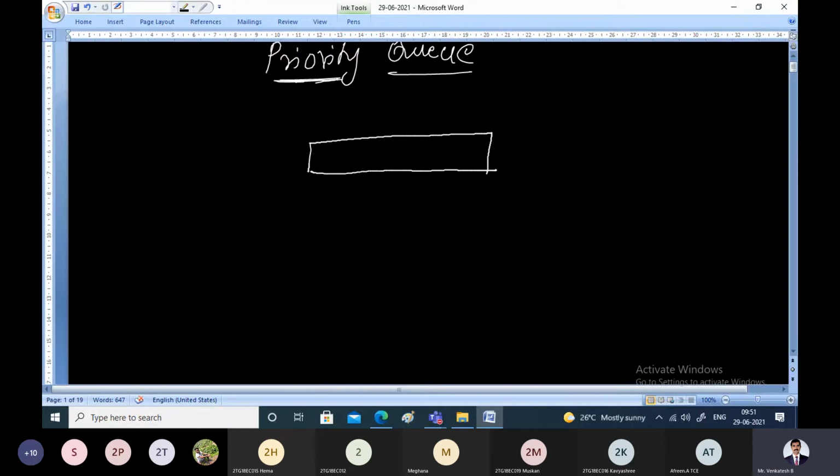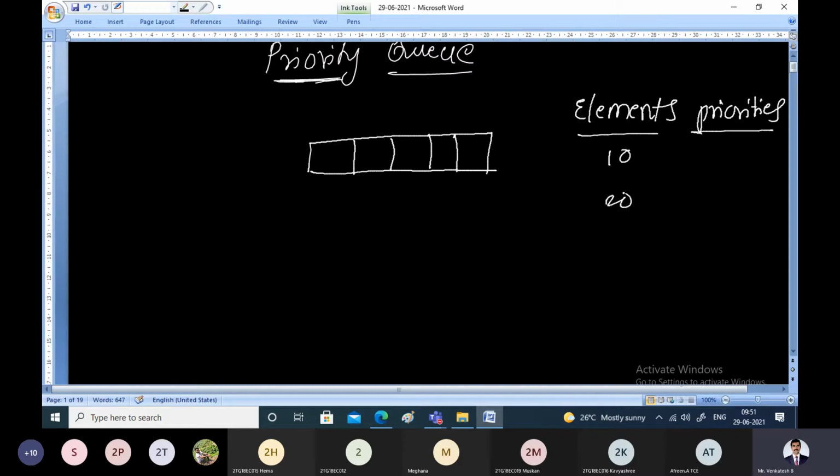When we have a queue like this, assume these are the elements and these are the priorities of the elements. The elements are 10, 20, 30, 40 and 50, and this is the order you want to insert.